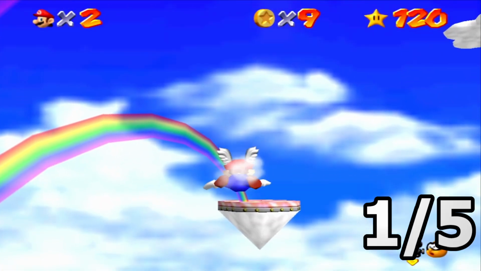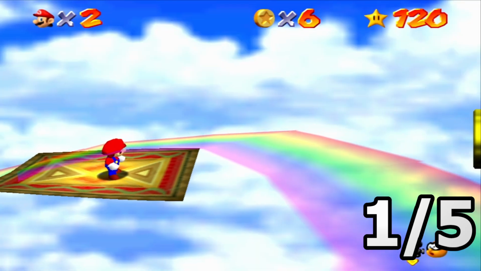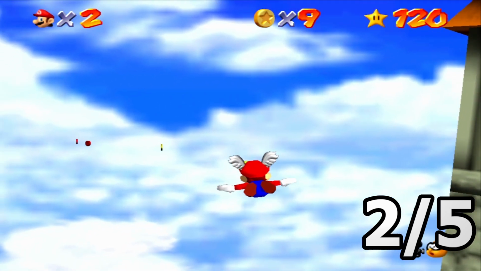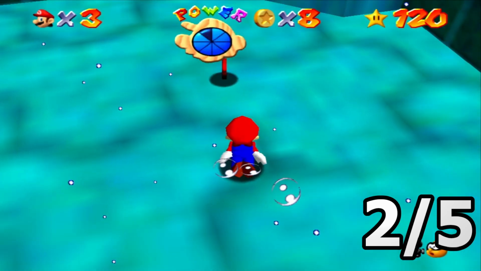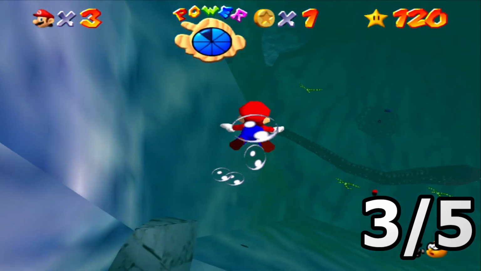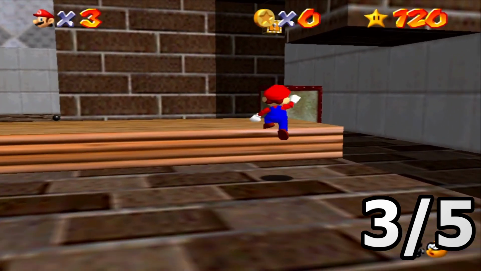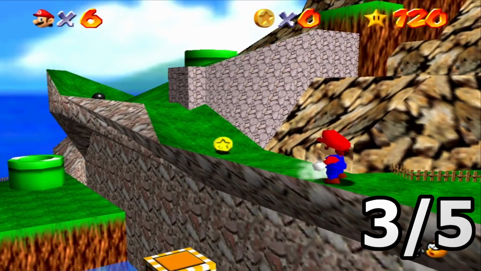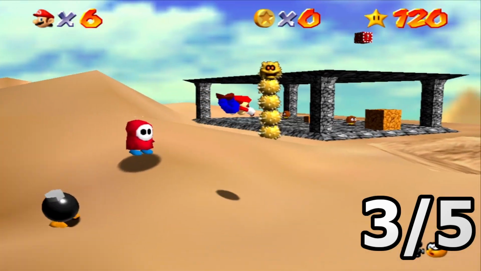In the 1 out of 5 tier, I have Wing Mario Over the Rainbow and Rainbow Ride. In the 2 out of 5 tier, I have Tower of the Wing Cap, Vanish Cap Under the Moat, and the Secret Aquarium. In the 3 out of 5 tier, I have Jolly Roger Bay, Dire Dire Docks, Wet Dry World, Bowser in the Dark World, Bowser in the Fire Sea, Tiny Huge Island, Snowman's Land, Shifting Sand Land, and